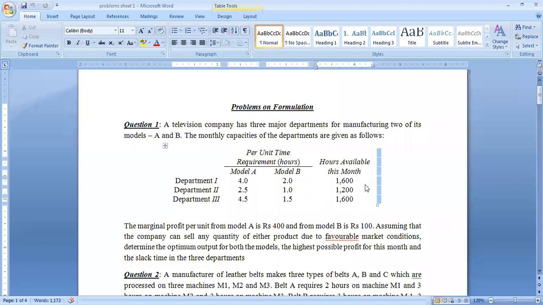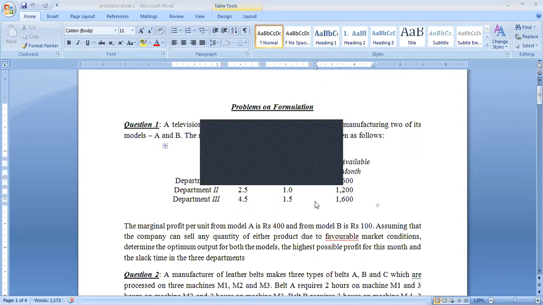So the simplex method and big M method are exactly the same. The only change is that in the big M method you get involved with artificial variables, and for those artificial variables the big M is used. Okay. Any doubts?